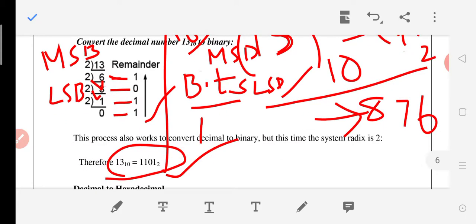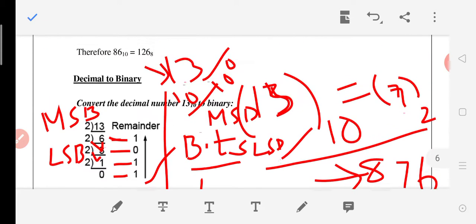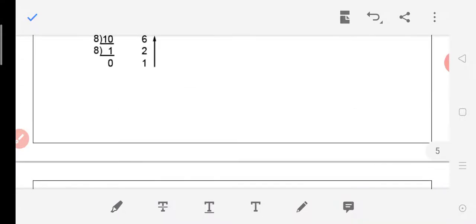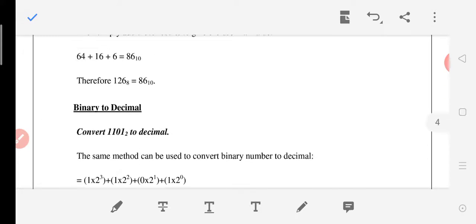This is how we convert a decimal number. The decimal number system is the system well known to us, so this is how to convert decimal to another number system, here decimal to binary. 1101 is the binary equivalent of decimal 13. Similarly, take a single digit number, a double digit number, a triple digit number and so on.